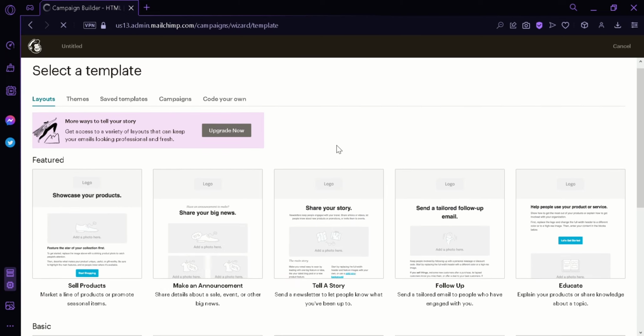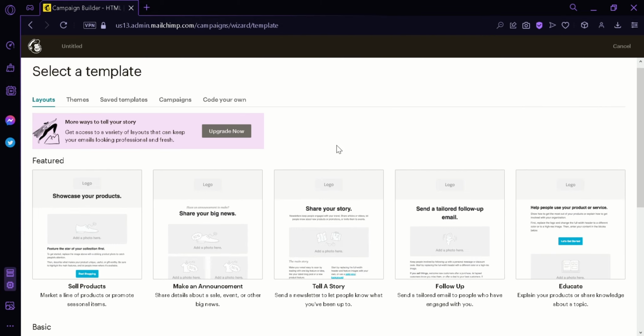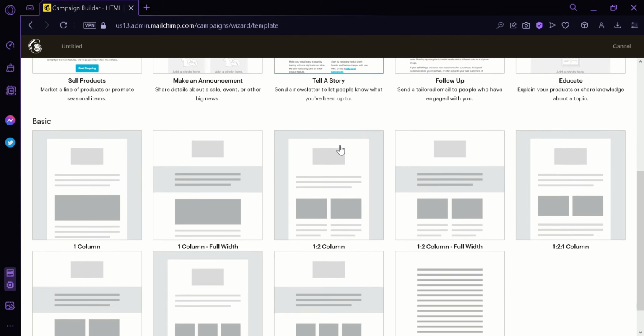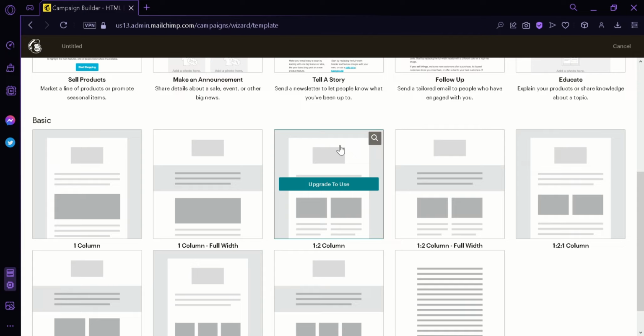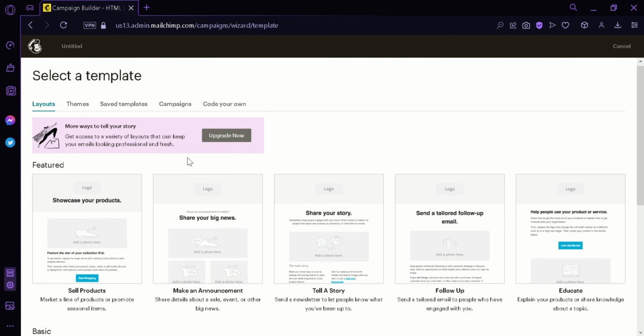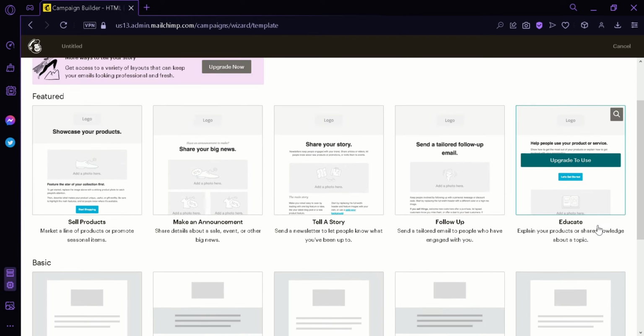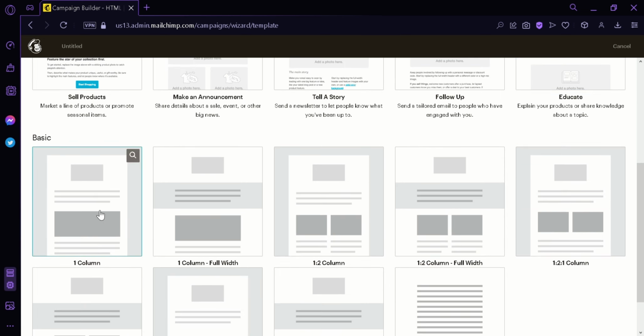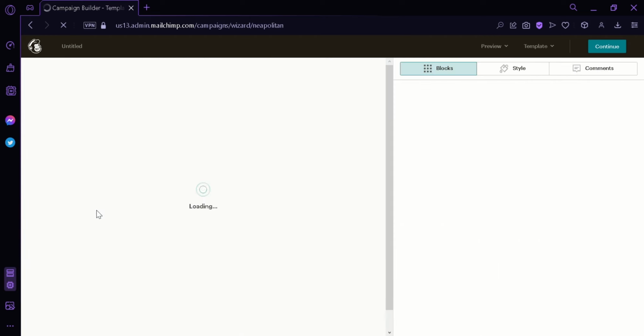And then we're going to be redirected to this template page where we can choose a template that we want to choose. Now, the template that you want to use is completely up to you. As you can see here, these are the featured templates, such as sell products, make announcement, tell a story, follow up, or educate. But for now, we're gonna choose a basic template, which is this one. Select one column,